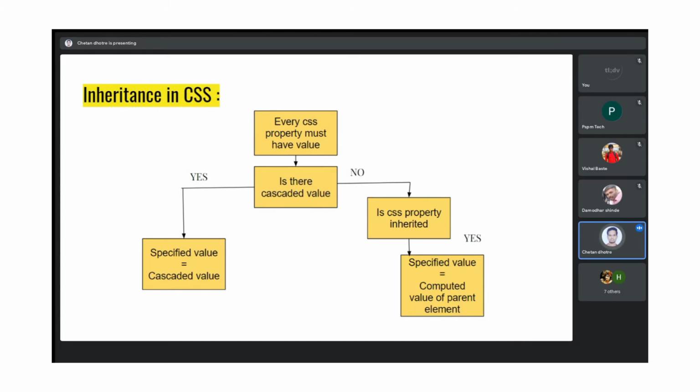If you haven't provided for your children, then your grandparent or maybe your parent will override it in your CSS as well. So this is called inheritance in CSS. If you forgot to put anything for any property, like if you're using an h1 tag and you forgot to put a font size, then automatically the initial value gets provided by the browser. So this happens a lot. And if you're using it for a parent, the parent font size will get passed to the children as well.